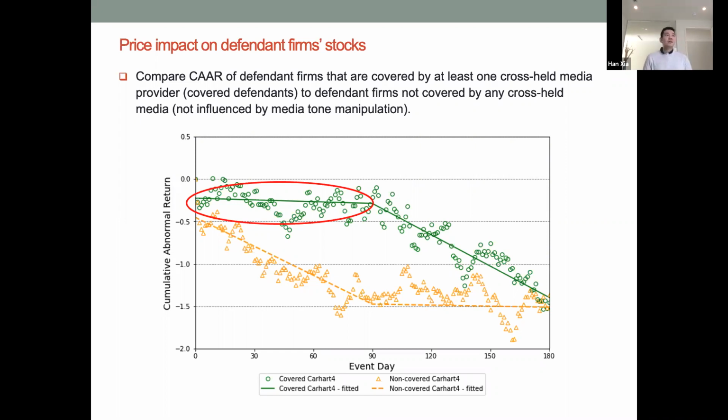Okay. Han, there's a question from Sugata. Yes. He says, is this just having a block holder being related to a slower sell-off process? Can you control for overall block holding levels? So in this picture, we are not considering the block holding positions, but we are working on a more formal test of this to look at whether the more favorable media tone from cross-held media is driving these different patterns in the stock price, and in there we can control for their block holdings.